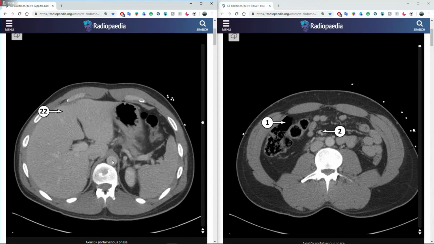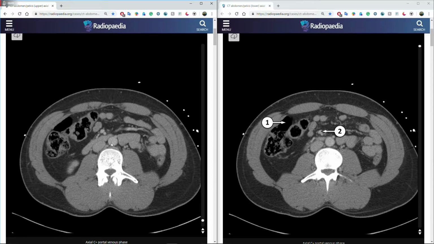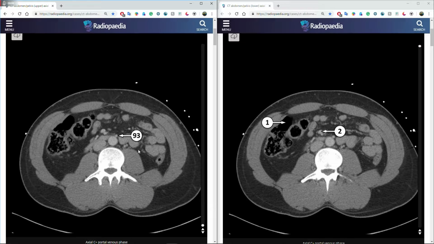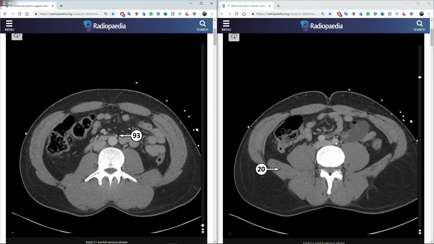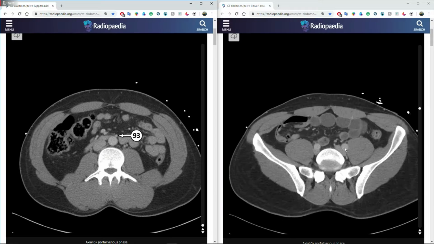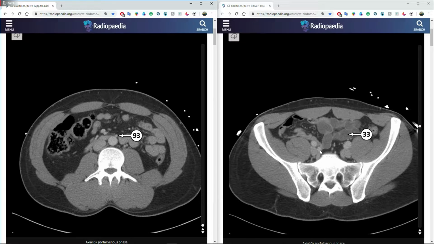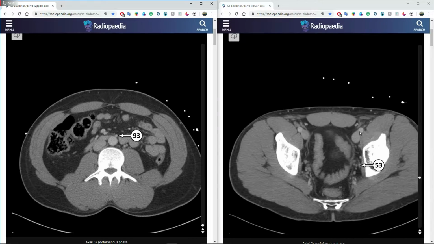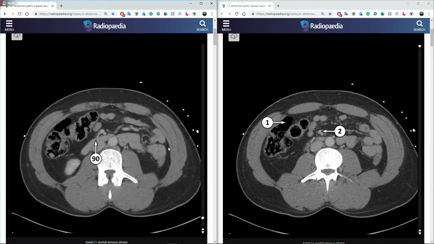So if we just track along with the aorta and the vena cava at the end here, aorta, vena cava, that continues here, aorta, vena cava, we can start to see the aorta branch into the right and left common iliac arteries, which then subdivide into the external and internal iliac arteries, which eventually become the femoral arteries. Now if we go back up here,